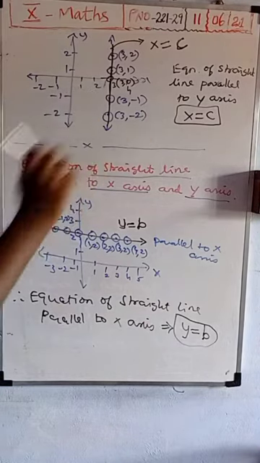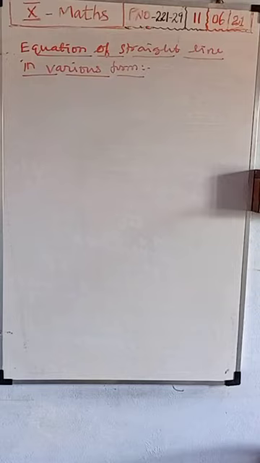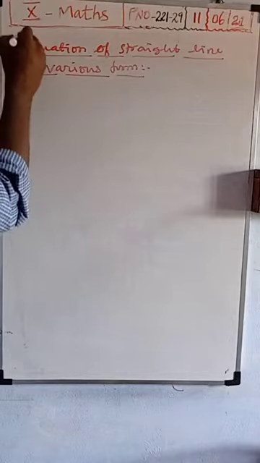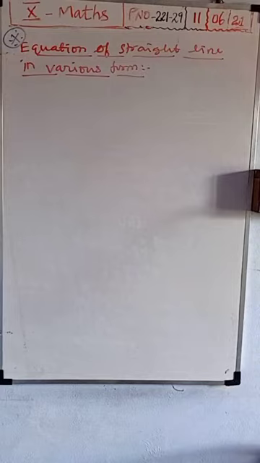A straight line equation we saw is ax plus by plus c equals 0. For the straight line, there are different various forms. This is very important, because we will apply these various forms in the sums. According to the sum you want to write, you need to see which formula to use. So the equations of a straight line in various forms are very important; sometimes they ask a 5 mark question. What is the first?